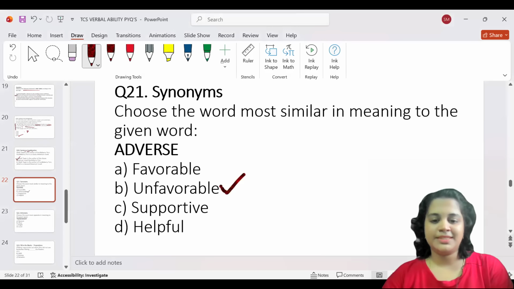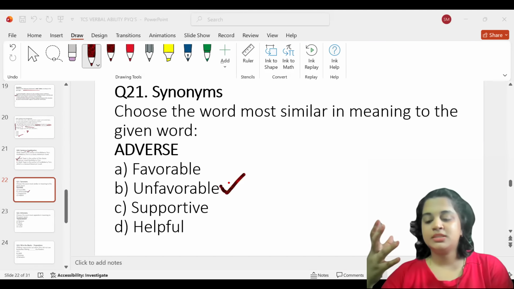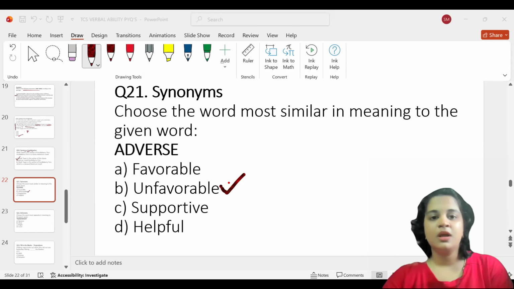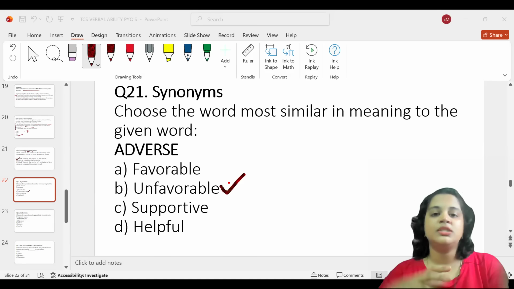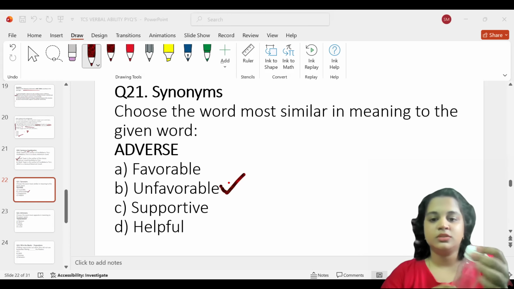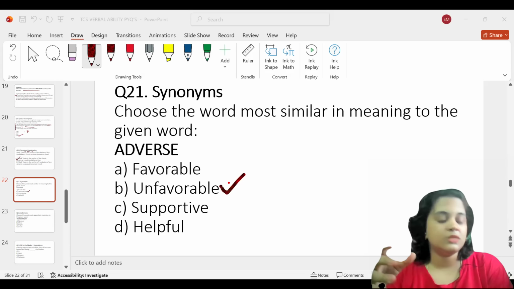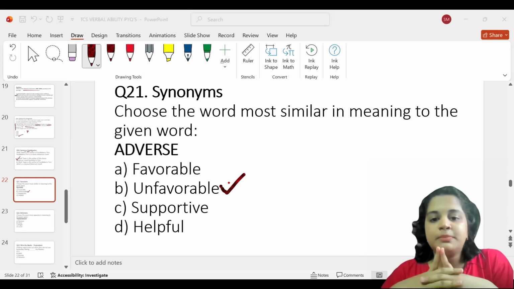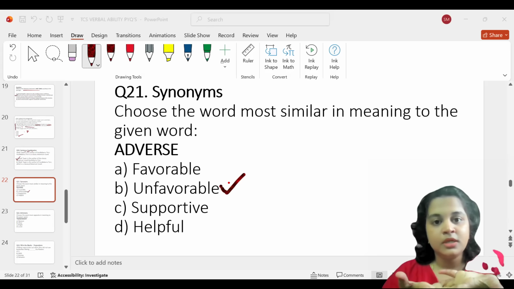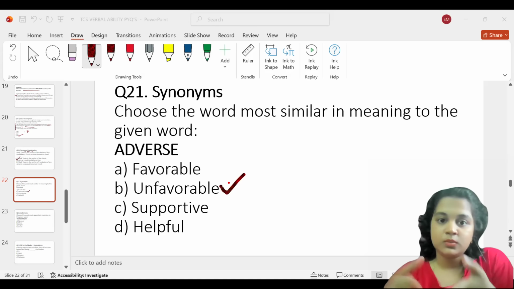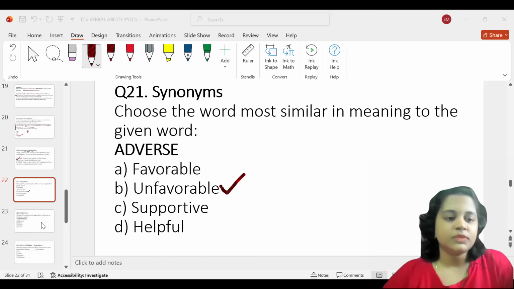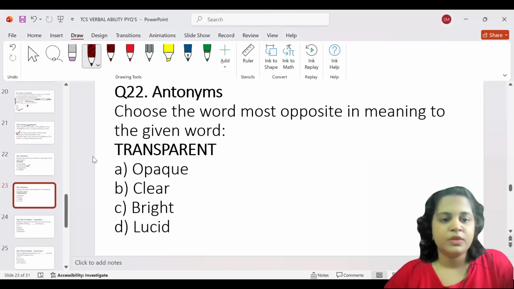It might seem like the word adverse has a positive meaning, but adverse means unfavorable or harmful or negative. One example that I can give you is in the weather conditions. We'll say adverse weather conditions. Due to the adverse weather conditions, the match is postponed. That means bad or harsh weather, right? So you can remember it like that as well. Let us go to the next.